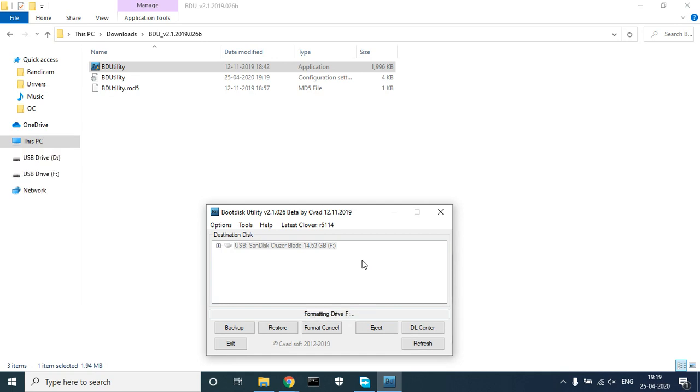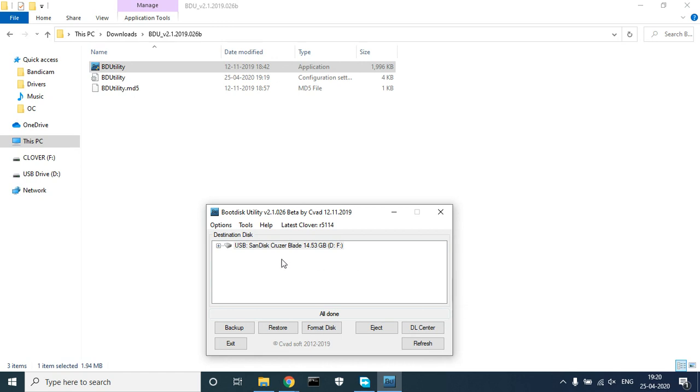Wait for some time. It is showing the Clover revision 5114 has been downloaded, and now it will install that revision to the pen drive on which it has recently created a partition named Clover.